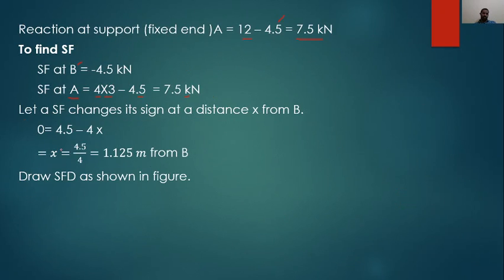So, prop reaction 4.5 minus 4 into x is equal to 0. From this, x is equal to 4.5 by 4, that is 1.125 meters from B. So with this we can draw the shear force diagram,